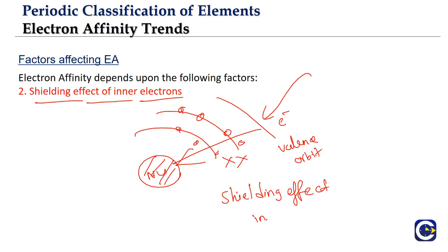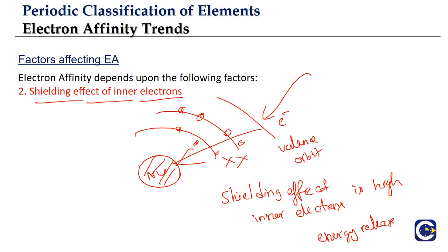If the shielding effect of inner electrons is high, it means the incoming electron will not experience much nuclear force, that is, it is not that strongly attracted by the nucleus. So as a result, the energy released